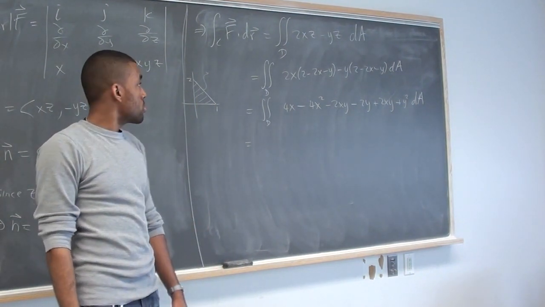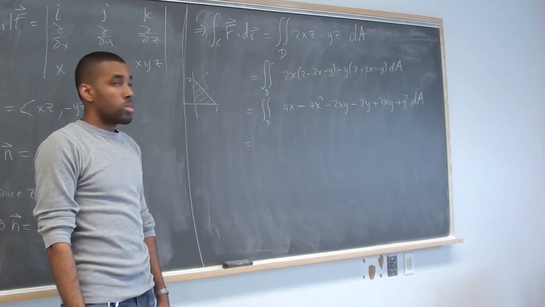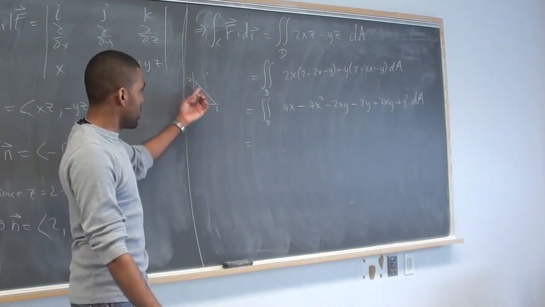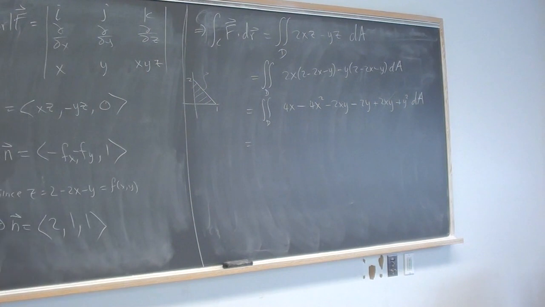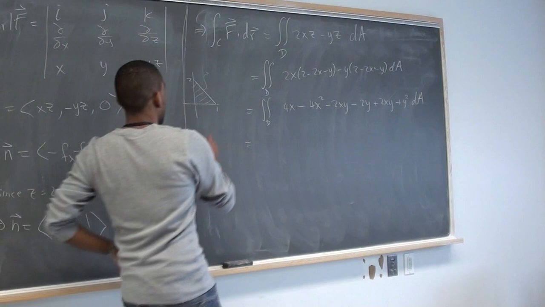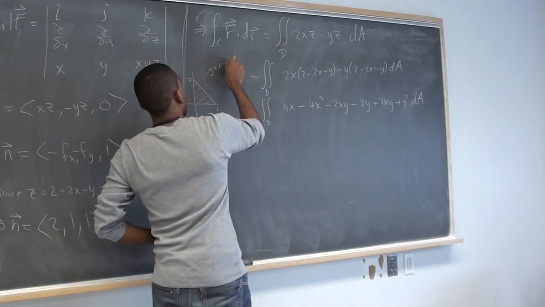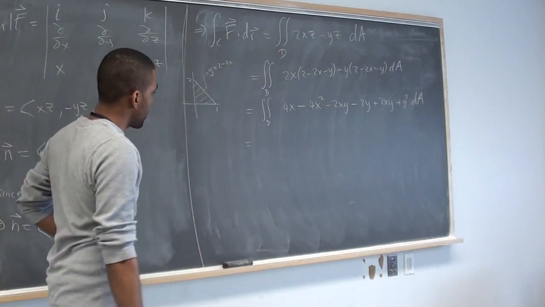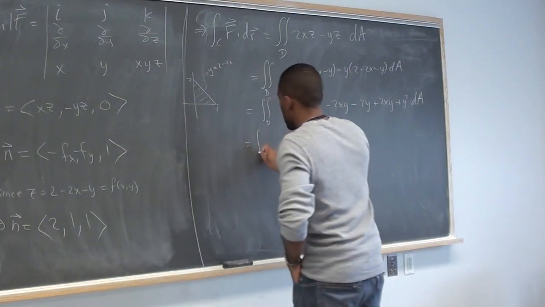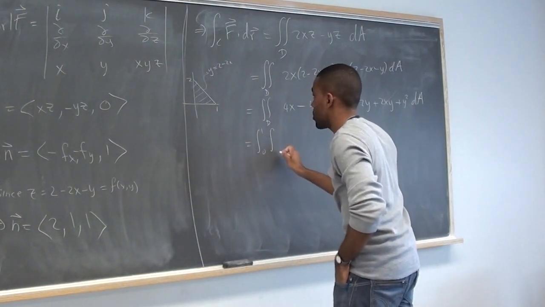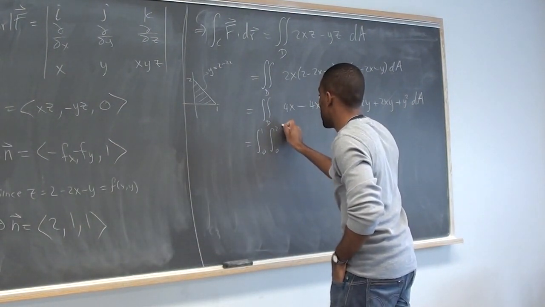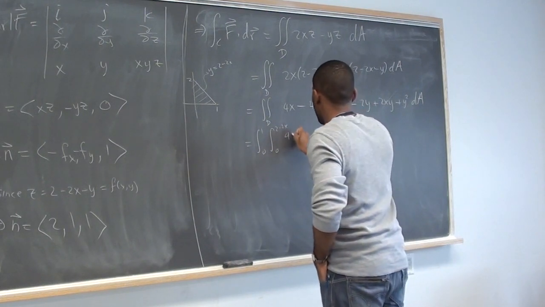Make it up. Right, you could do y equals mx plus b, but it's actually longer. Just use the original equation of the plane, right? This is the intersection of this surface in the xy plane. Just make z equals 0, that gives you the line right away. And so you get y equals 2 minus 2x. And so here, my x goes from 0 to 1, y goes from 0 to 2 minus 2x,